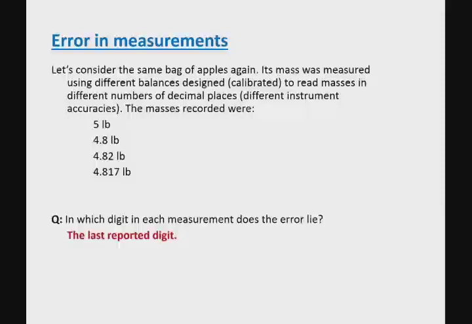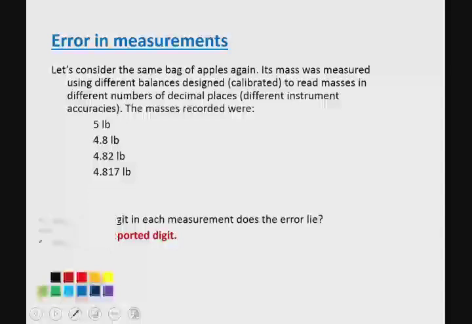The reason for that is that the error in a given measurement always lies in the last reported digit. Now, this is a statement that I will very shortly make more specific, make it more accurate, I guess, in a way. So please keep that in mind. For now, we'll work with the statement that every measurement has an error, and that error lies in the last reported